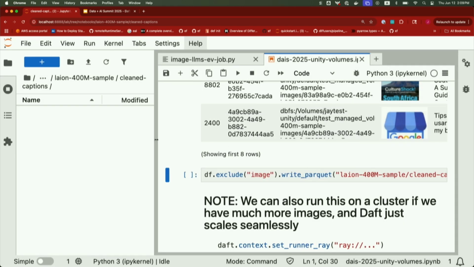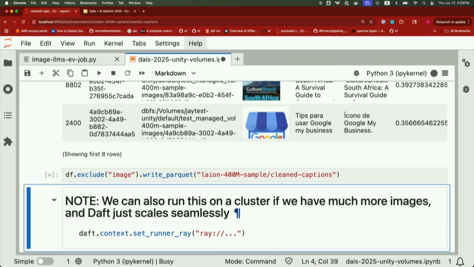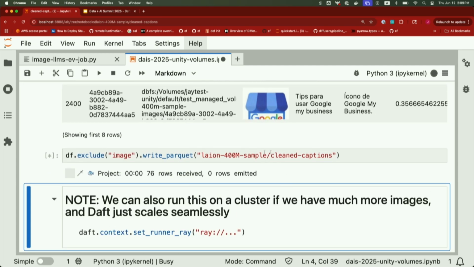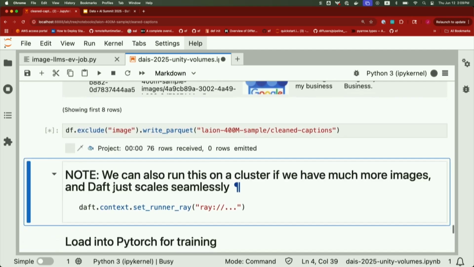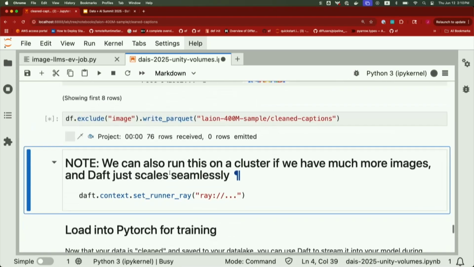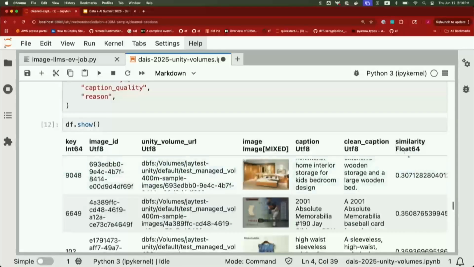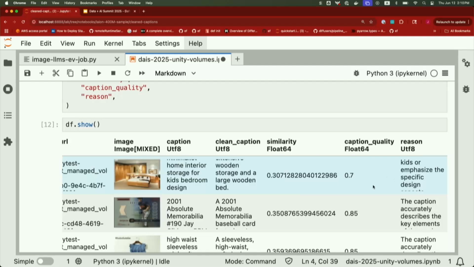And let's write the data set back out to essentially our data lake, right? So I'm going to write this out as a new Parquet file in this clean captions column. It's going to run way more than what we just ran, so a much larger data set. And it's going to hit OpenAI, run all the inference, and store all of our inference results and all the scoring made by the model.